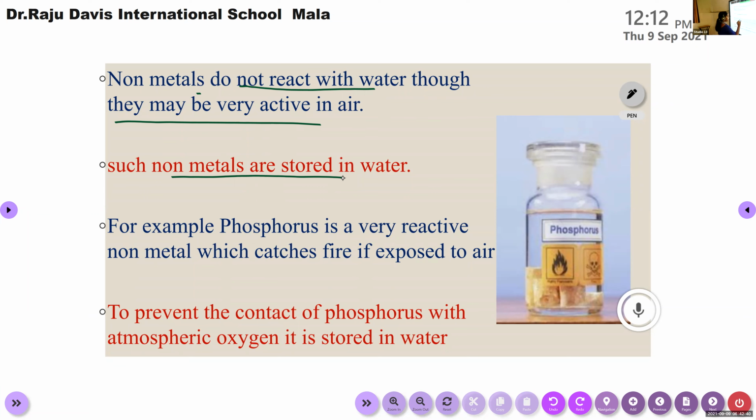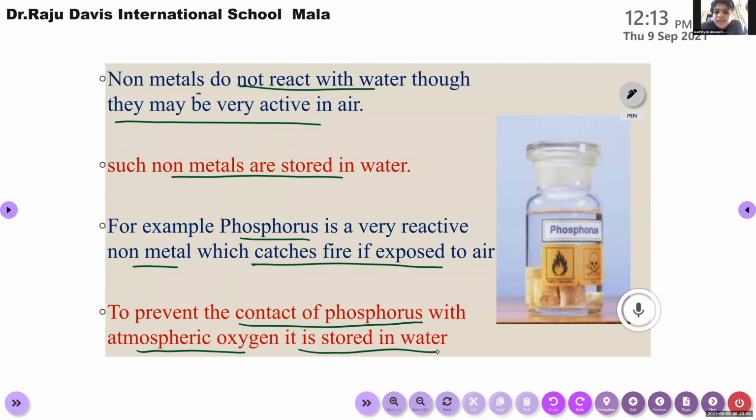For example, phosphorus. It's a very reactive non-metal which catches fire if exposed to air. So to prevent the contact of phosphorus with atmospheric oxygen, it is stored in water. So sodium metal is stored in kerosene, and phosphorus is stored in water. The main intention is to avoid contact with the reactive